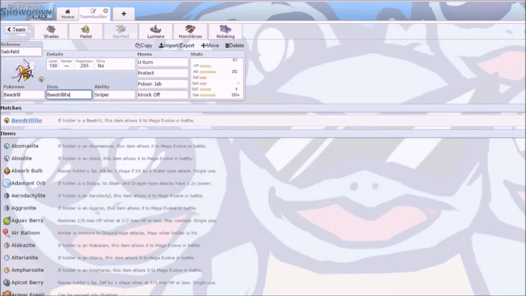And I tried debating between... well, my first thought was Mega Gardevoir, but then I realized Mega Gardevoir's an OU, not UU, so that's not going to be a possibility. So I tried looking through some of my other favorite Mega Evolutions in UU, and Beedrill was the first one that came up, and I was just like, whoa, well, this is a no-brainer. I love Mega Beedrill. And Beedrill was one of my favorite Pokemon before Mega Beedrill was even a thing, so...